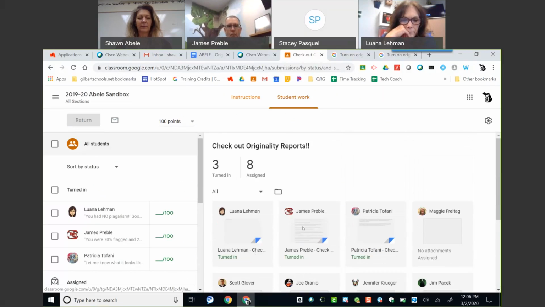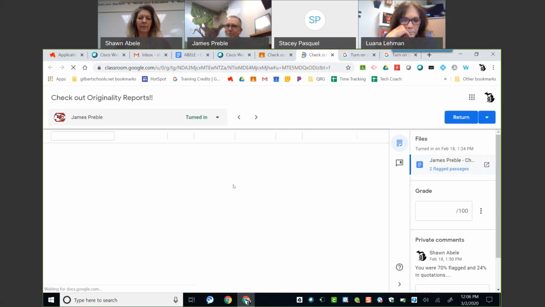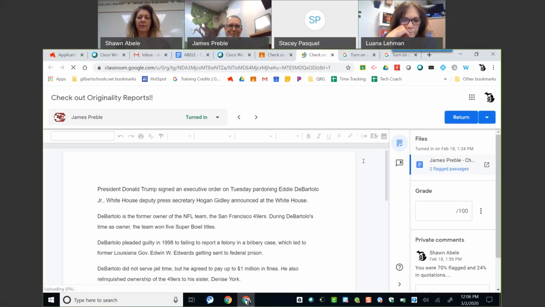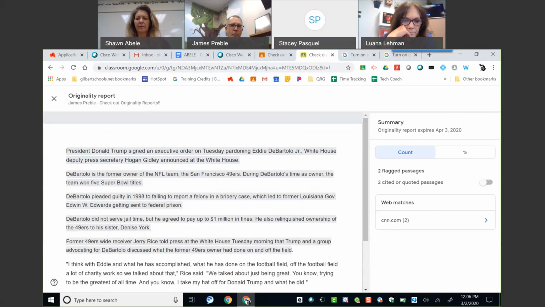I'm just going to open this one. And this is what it looks like on the teacher view once a student has turned something in. So on the right-hand side, it lets you know that there were 2 flags. When I click it, it shows you the count and highlights it. So you could also go to the percentage, and it'll let you know that it's 70% flagged or 24% cited